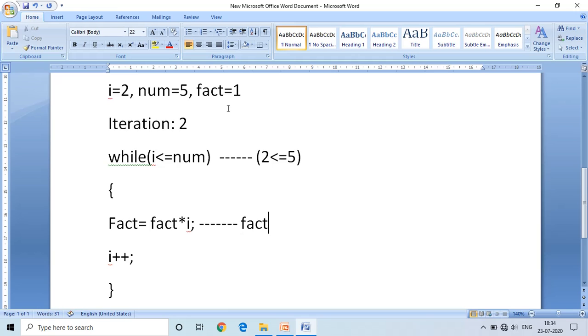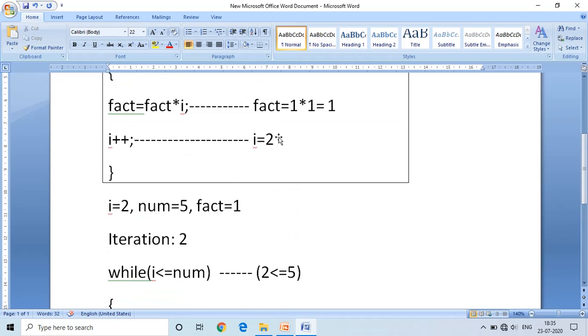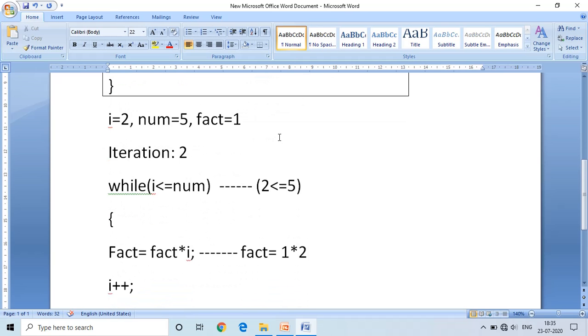Fact is equal to, it substitutes the values, 1 multiplied with I value, which is now 2, is equal to 2. The fact is equal to 2 after executing this instruction.